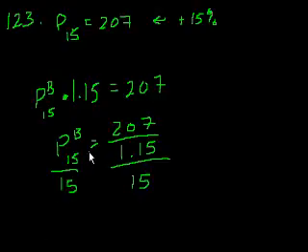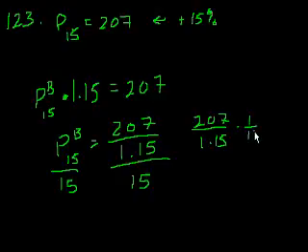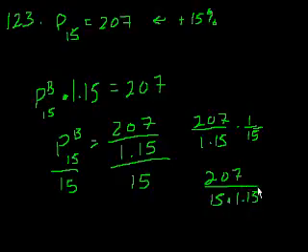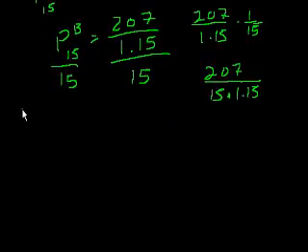Okay, well this looks at its heart kind of mathy, but looks like we have to do a lot of, let's just chug through it and see where we can go. So this is the same thing as 207 times 1.15 times 1 over 15. And that's equal to 207 divided by 15 times 1.15, denominator. Let's figure out the denominator first. So, well, maybe the numerator, let's do 207 divided by 1.15. Maybe that'll